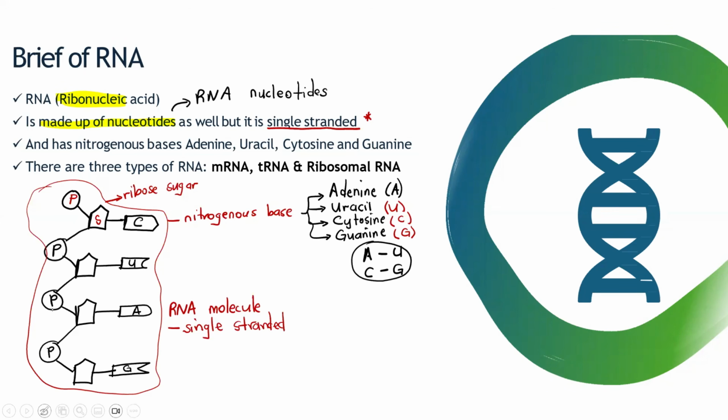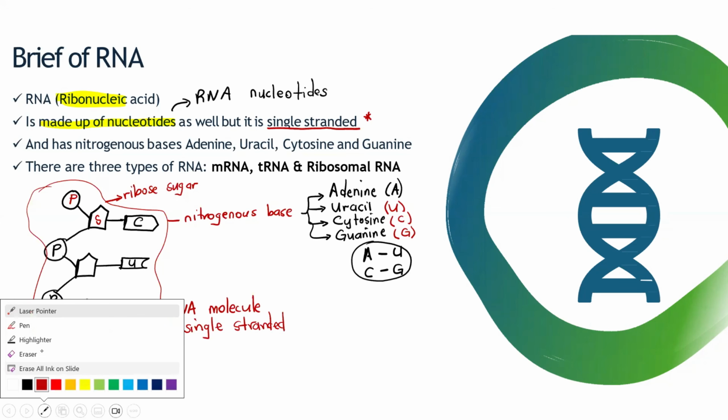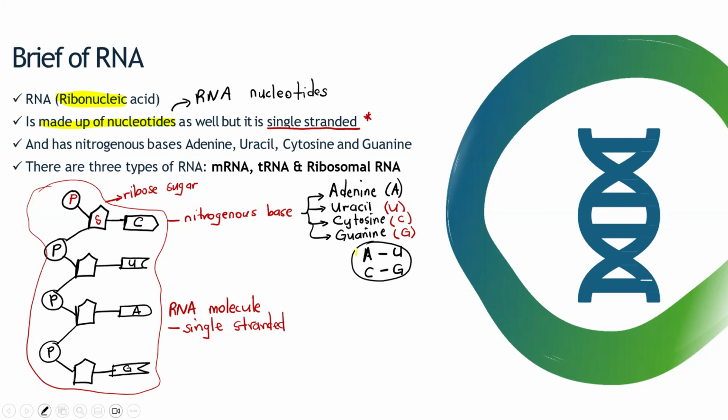So in this case, we just have nucleotides that are connected, but we don't have any nucleotides connecting using weak hydrogen bonds. So now you ask yourself, what is the need for this pairing? Because I'm sure Sam is asking himself, what is the need for pairing adenine and uracil, cytosine and guanine, if we don't really have any weak hydrogen bonds?